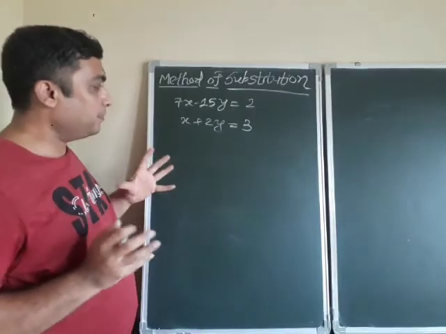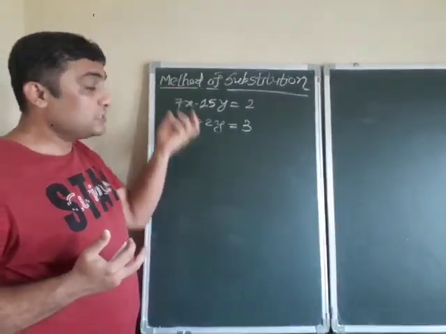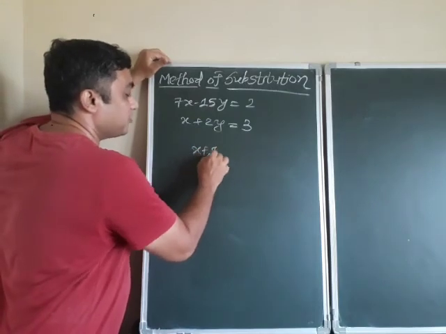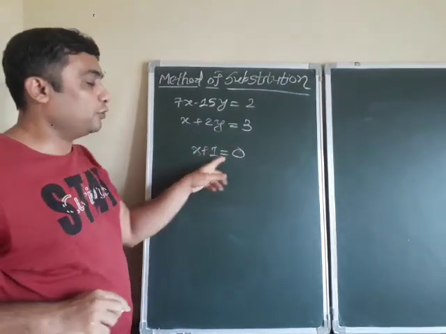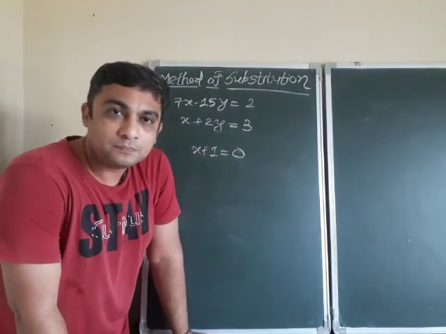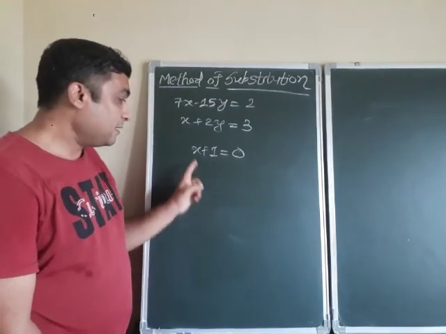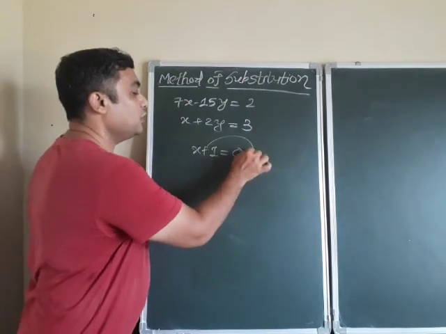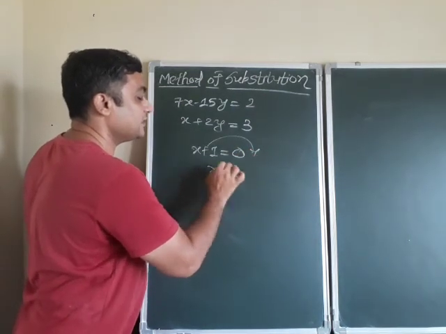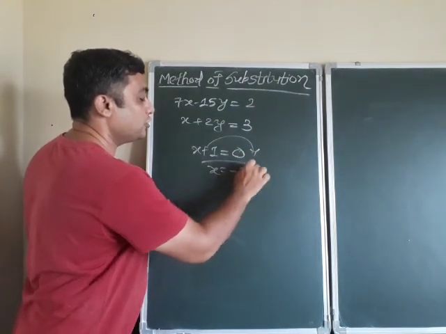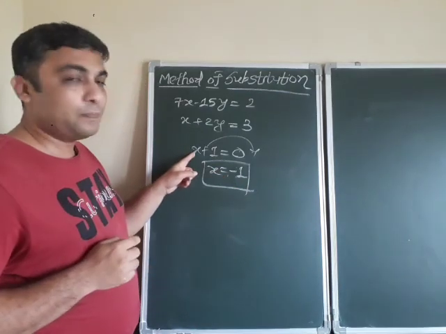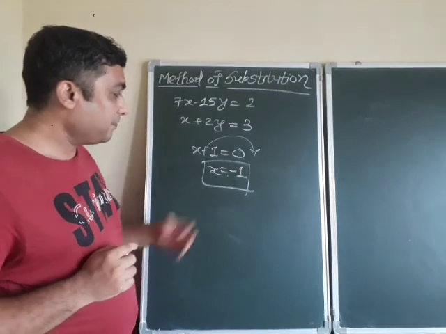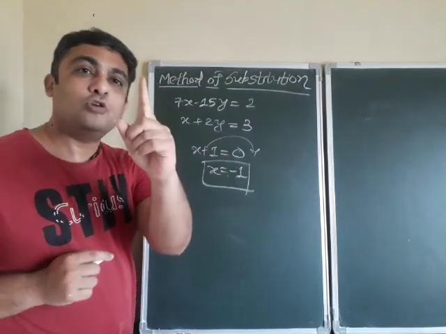Before we use this method of substitution, let me give one simple example. See this linear equation, x plus 1 is equal to 0. It is written in how many variables? One variable. Only one variable, x. Now move plus 1 to the other side. Then I have x is equal to minus 1. So the solution is ready. Here you are able to find the solution, because the mathematical conclusion is that by using one equation we can solve only one variable.